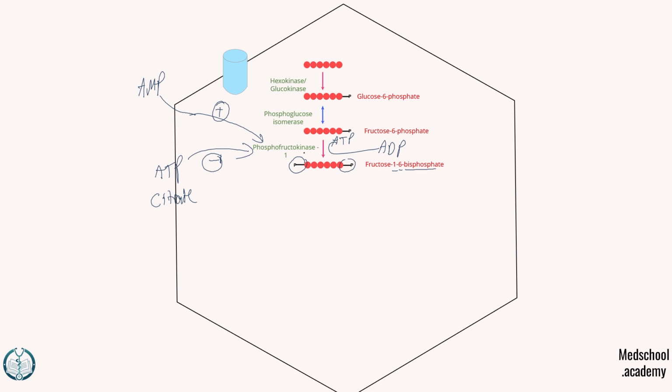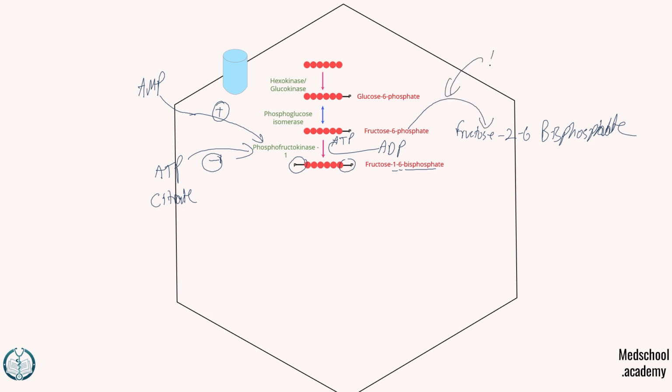But there's another molecule that activates phosphofructokinase 1, and that is called fructose 2,6-bisphosphate. I know, it's great handwriting, but anyways, fructose 2,6-bisphosphate comes from fructose 6-phosphate, and this is done by an enzyme called